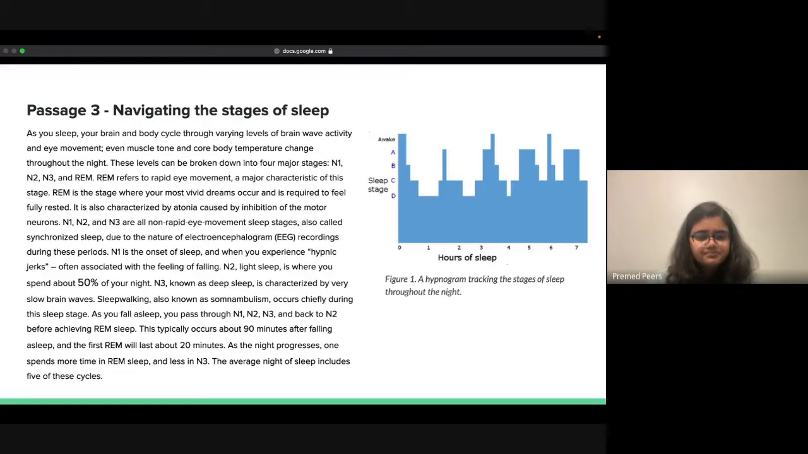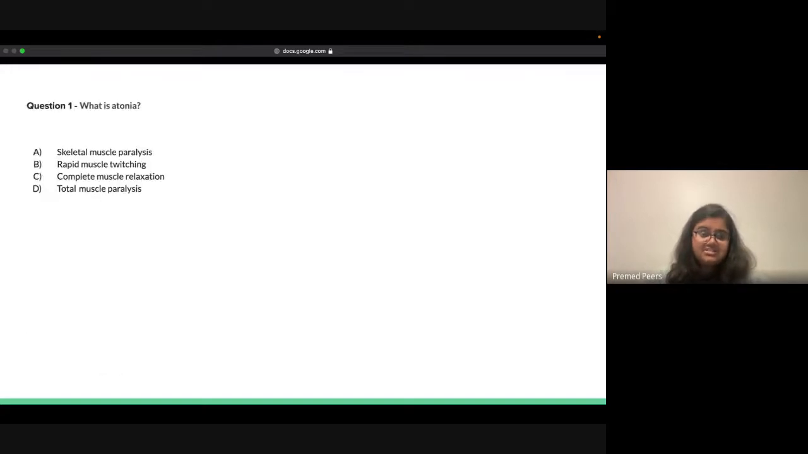Since it's asking us about the stages, I think it's important to read through what the passage talks about with the different stages of sleep, and what it looks like. N1 is the onset of sleep where you experience hypnic jerks. N2 is light sleep where you spend about 50% of your night. N3 is deep sleep characterized by very slow brain waves. And then REM is the rapid eye movement, where your most vivid dreams occur. That's what this passage tells us about these